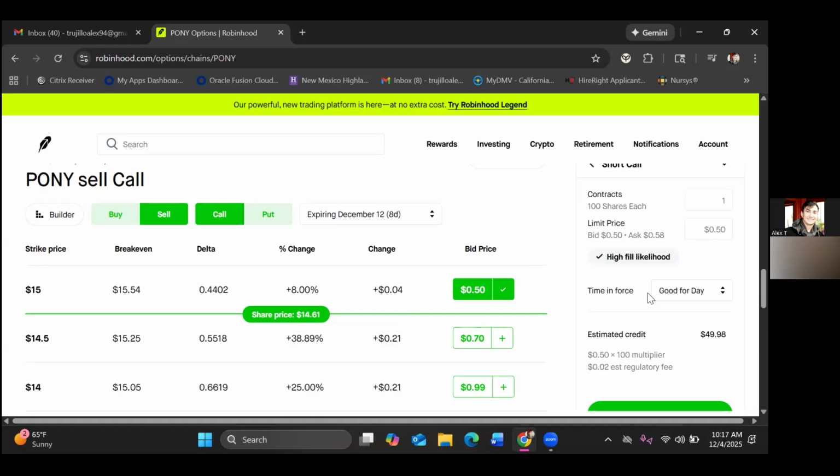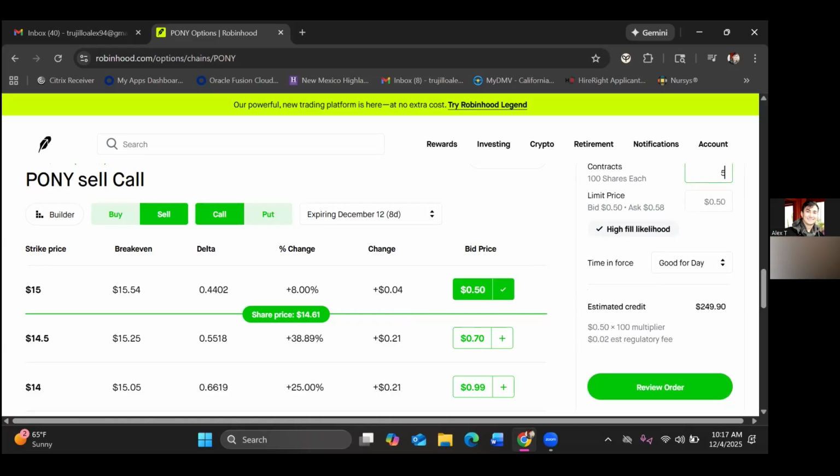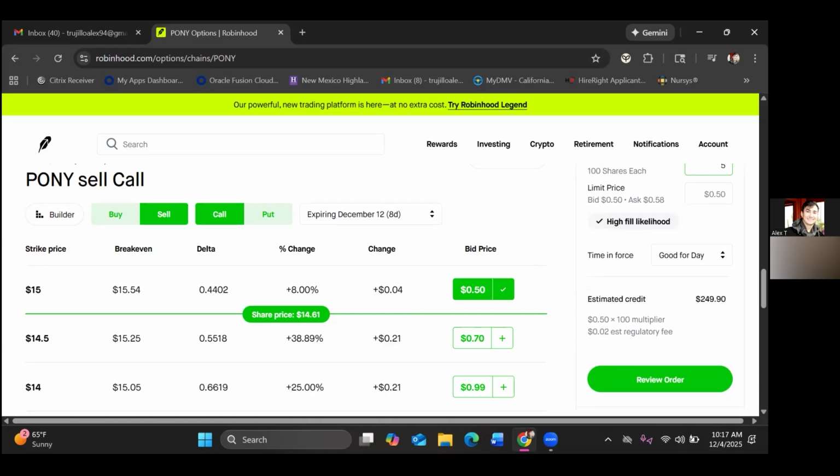So you do 5 contracts here. Okay. That's so interesting. Yes, it's a really good way to hedge. Now, obviously, if Pony's moving parabolically, then we don't want to sell covered calls. We just want to let the LEAP do the work. But Pony's just been trading below 15, so we can use 15 as a strike price.